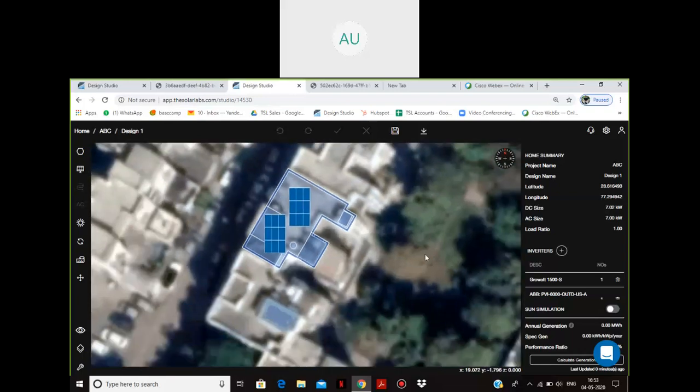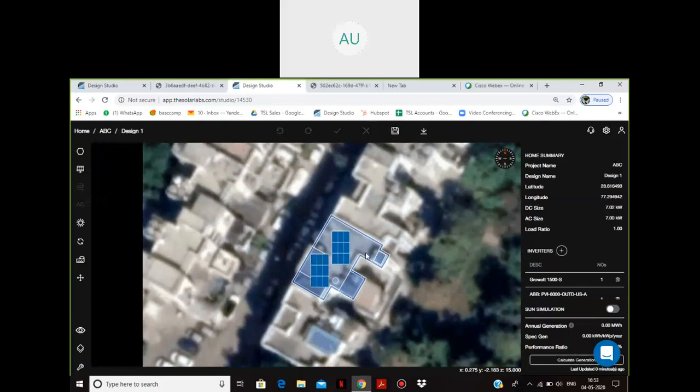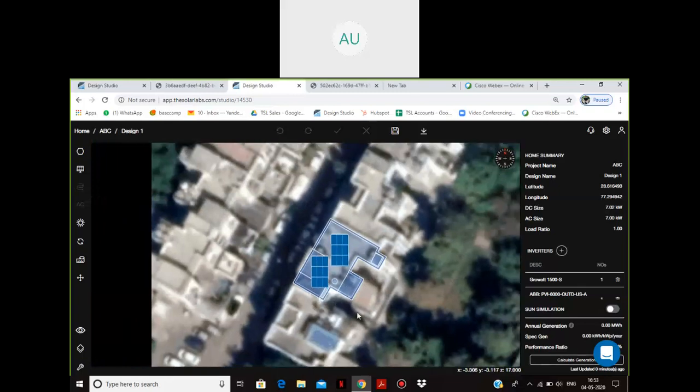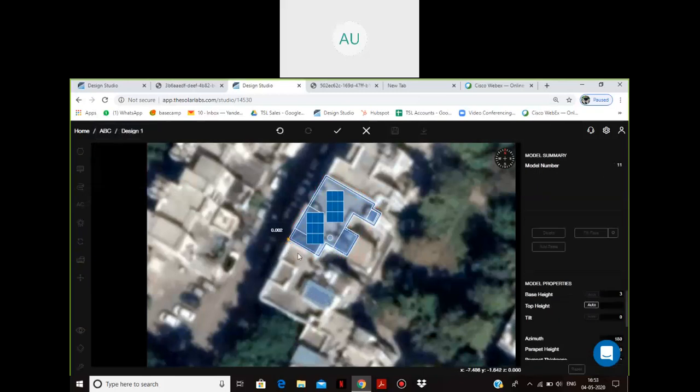But in case I had a building or a tree which was reaching to the top of this particular roof, then the shading effect of that obstacle or tree could also be realized and we can optimize the system accordingly. For example, if I consider that this roof is at a height which is more than this particular roof, I'll just construct this as a simple structure.